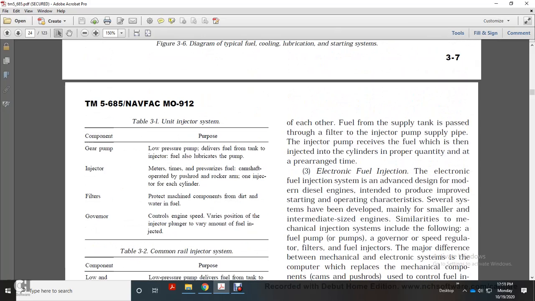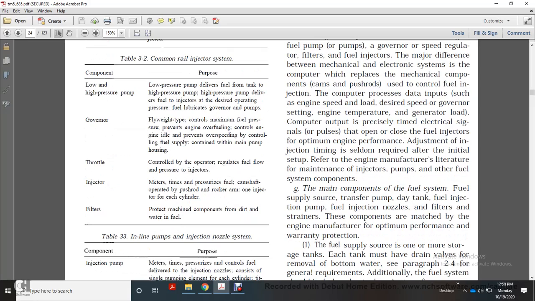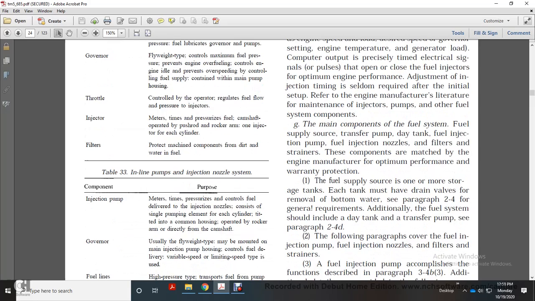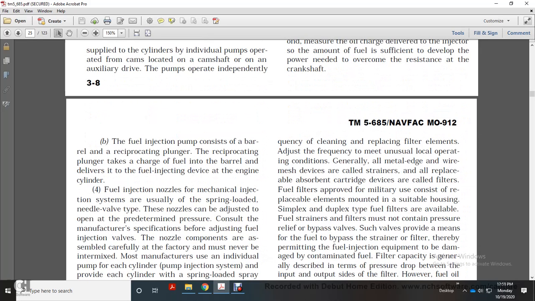And then you have Table 3.1, the unit injector system; 3.2, common rail injector system components and purpose; Table 3.3, inline pump with the injector nozzle components and purpose. And then the fuel injection pump is a reciprocating pump, with the charge taken to fill the barrel to deliver the fuel to the injection delivery device